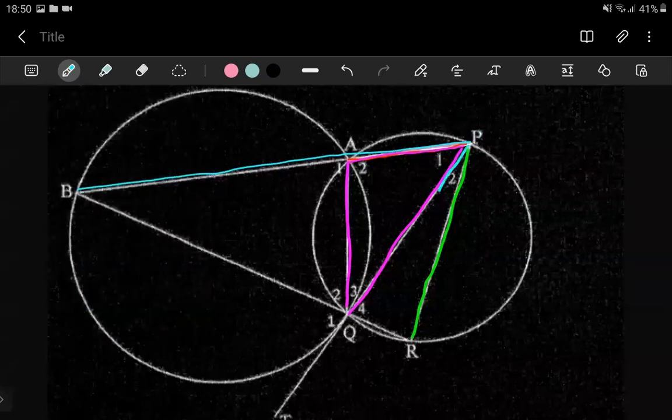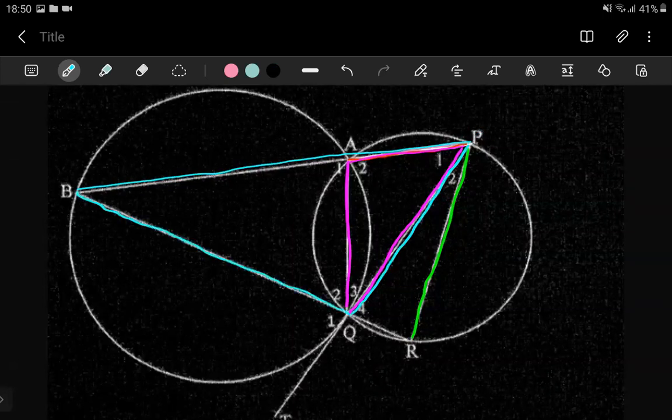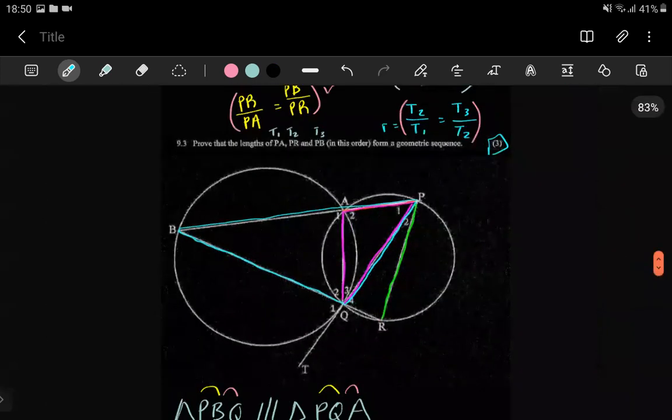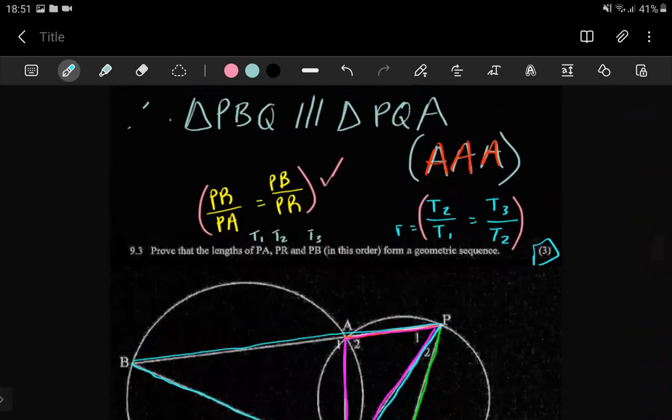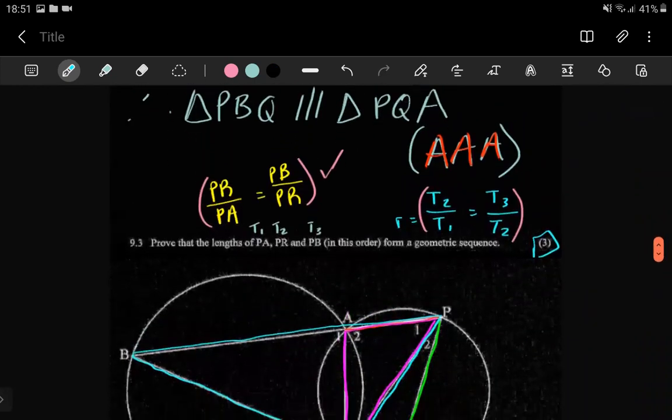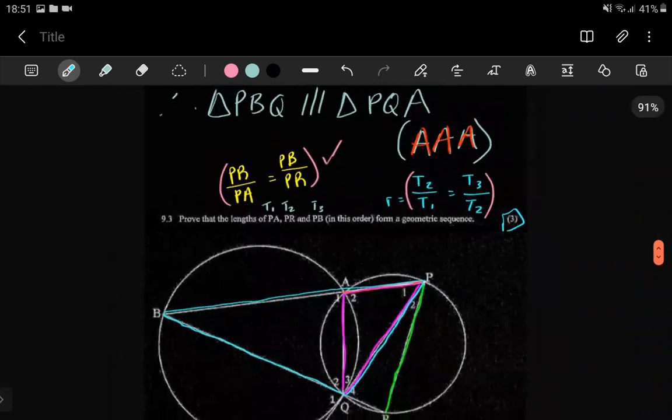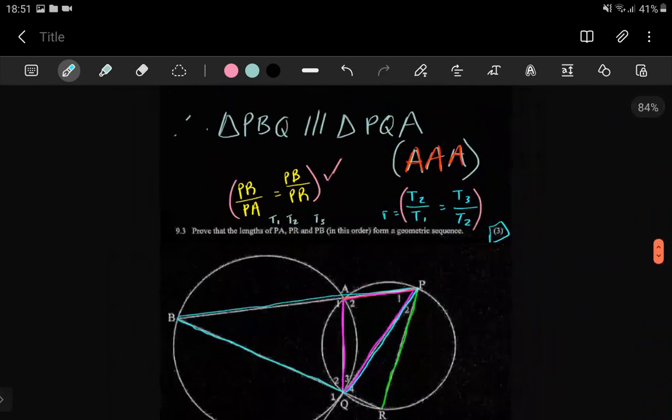Now, the reason why I'm talking about these two triangles again is because I want you to remember that anytime you're going to answer any questions with Euclidean geometry and you see that there's stuff to do with proportionality and you have proven similarity, try to work more with the triangles that you have information for. We're going to need to work with these two triangles to help us with this